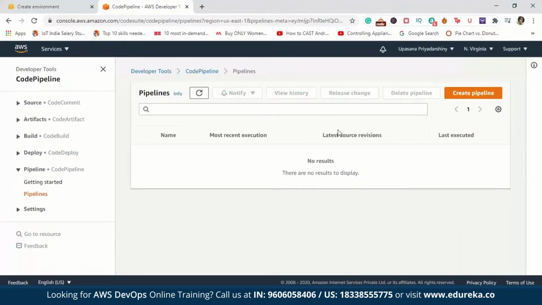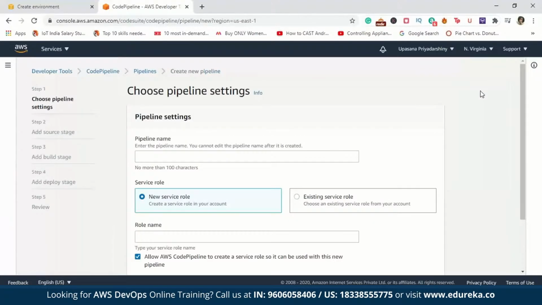Now this is your dashboard. This is where all of your recent pipelines will appear. Since in this free tier we have no pipelines created, you have no results to display. So first things first, I'm going to create a pipeline. So click on this big orange button which says Create Pipeline. I'm going to give the pipeline a name. Let's just call it